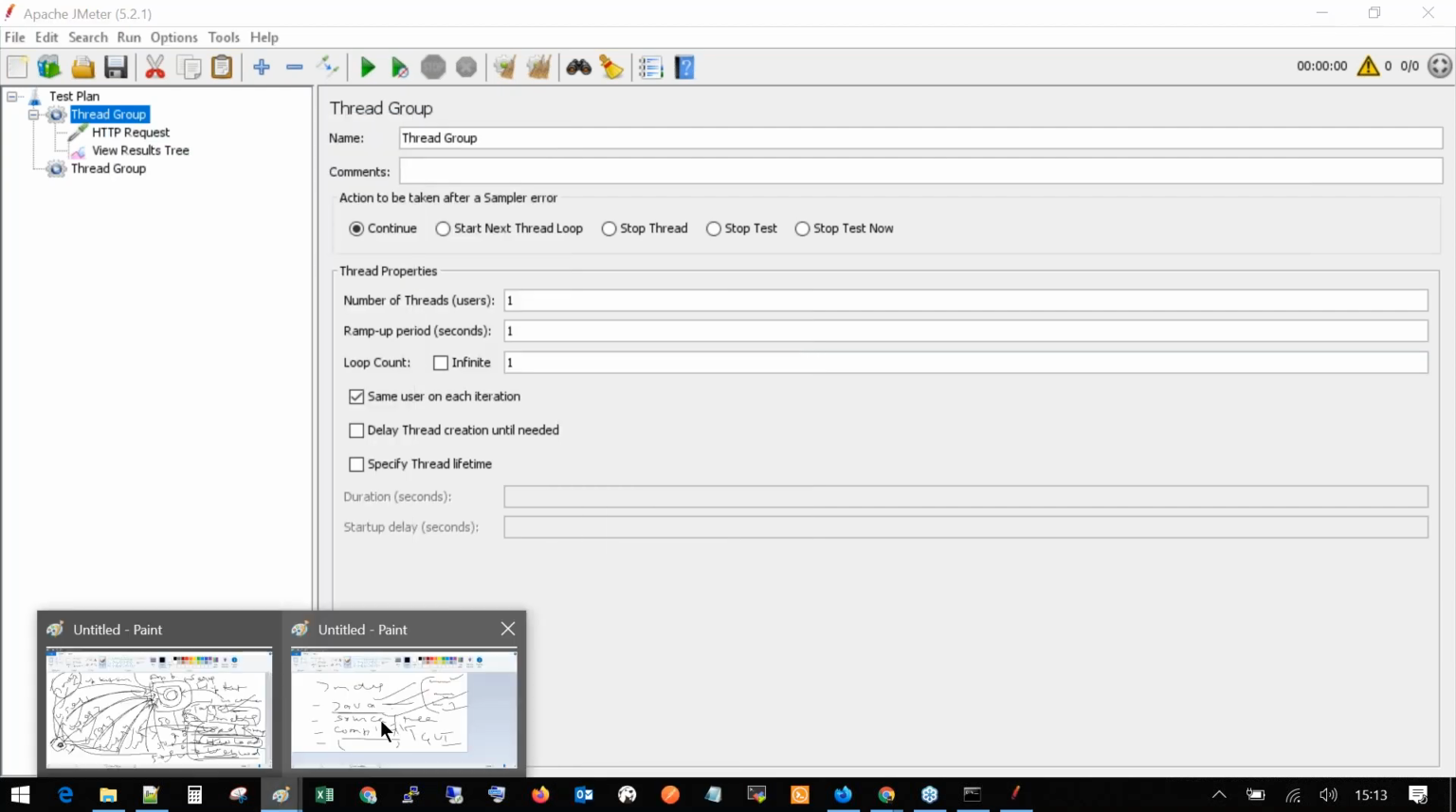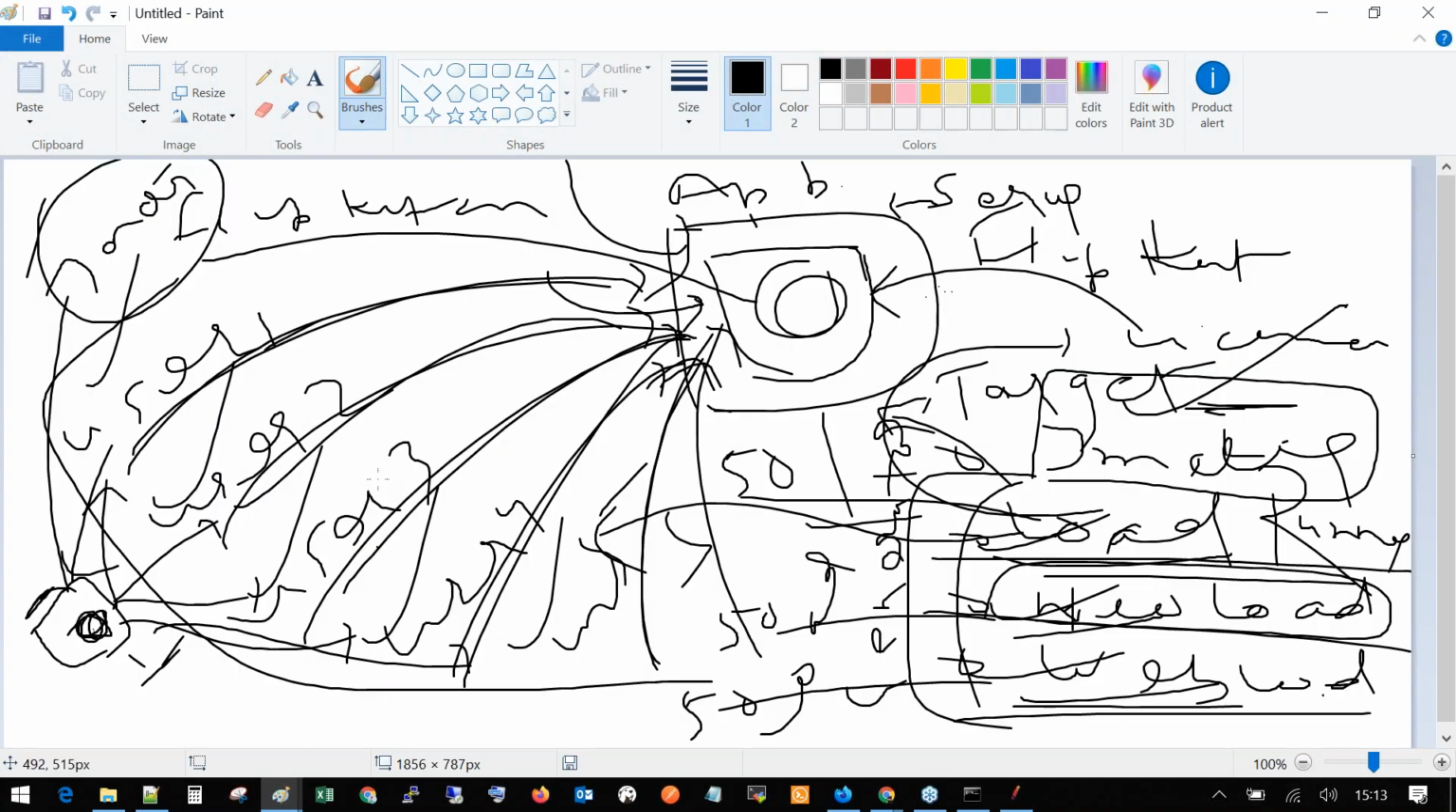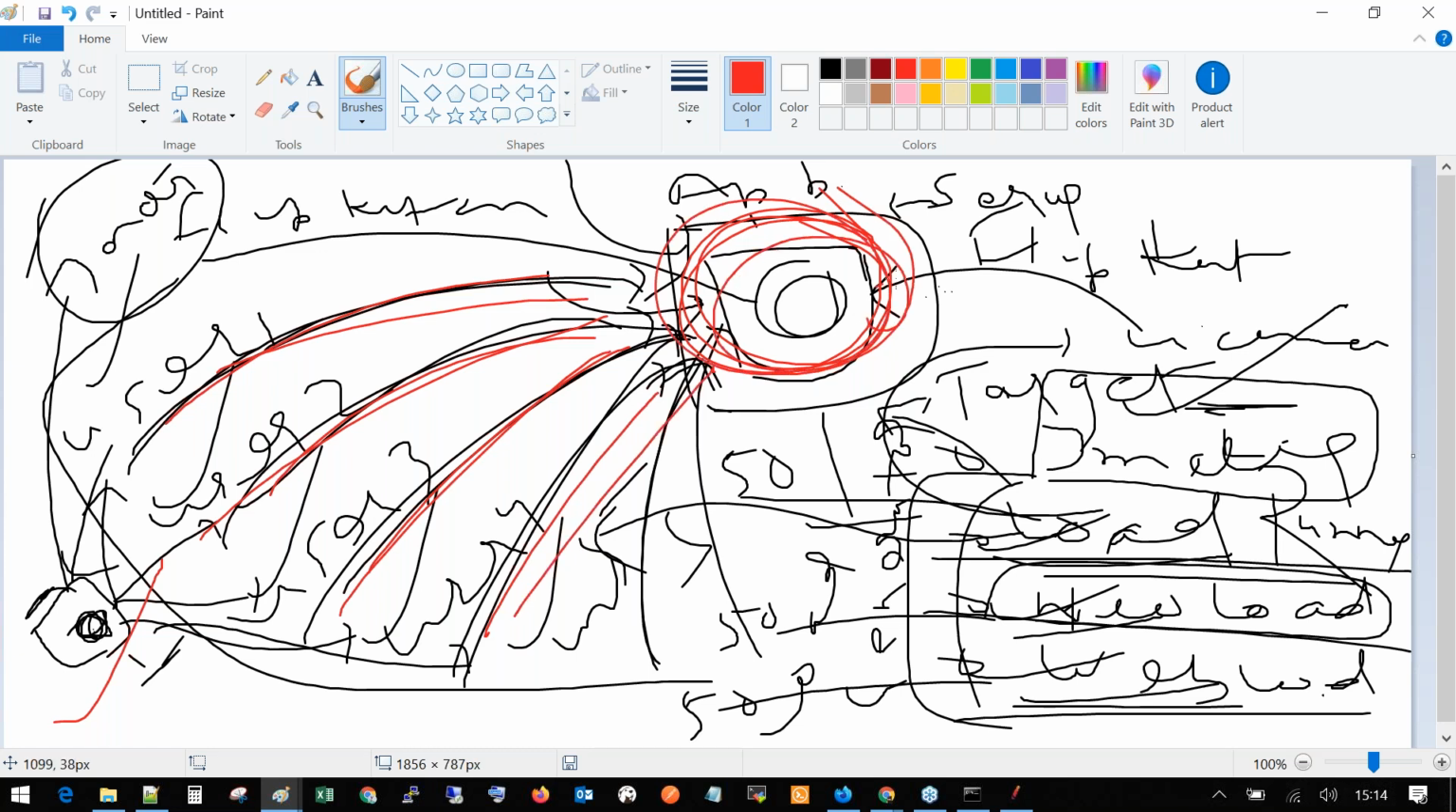Okay, so at a high level picture, we have this concept that this is my target application, and using this JMeter tool, I am going to generate load and measure the performance of my application. But in order to generate this load and measure the performance of your application, basically response